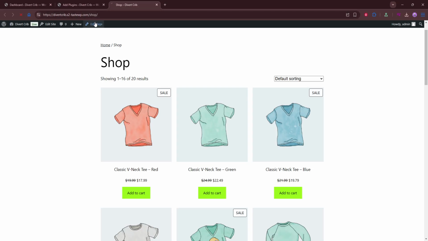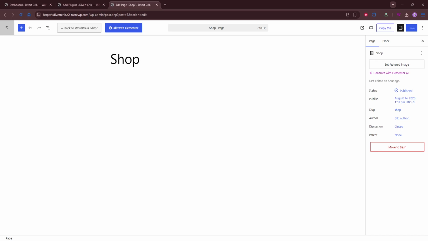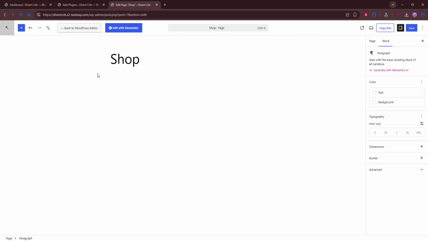Next, edit the page so you can insert the product display exactly where you want it. Think about the layout before you place anything. For example, you may want the products to appear below an introduction, under a heading, or in the middle of a sales section. Placing the products in the right spot can make the page feel much more organized and easier